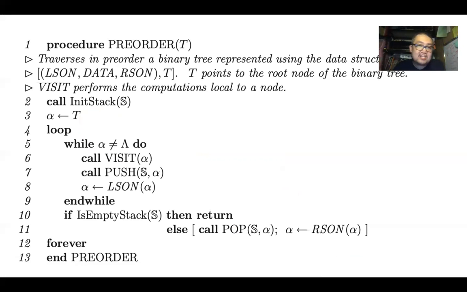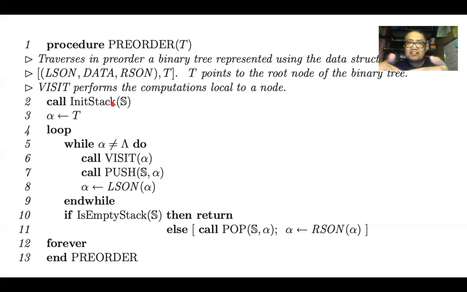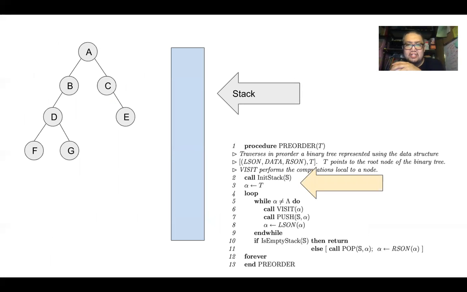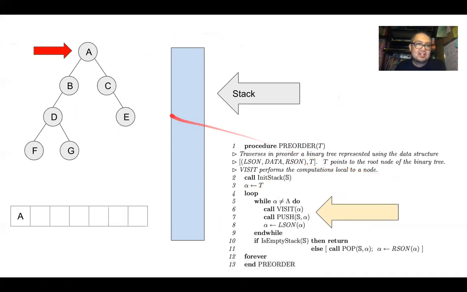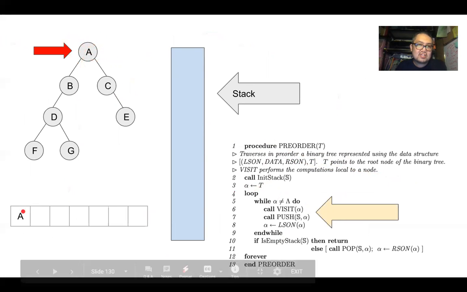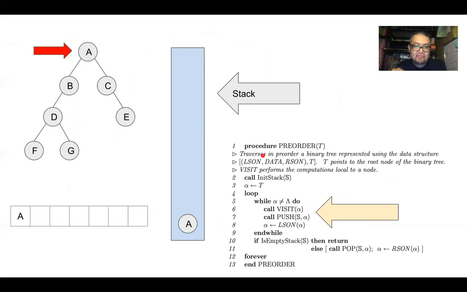Another thing that we can see is that here we will have a stack, stack S. So how do we actually use this stack in our pre-order traversal? Let's look at this example. We have the binary tree here, and then we have a stack here, which is stack S. We first initialize, and then just like in the recursive pre-order algorithm, we visit the root, and after visiting the root, we put it in our stack. We push a pointer to it in our stack here.